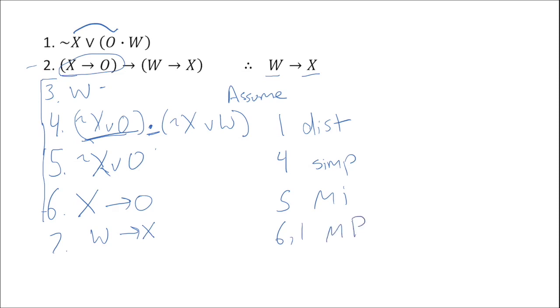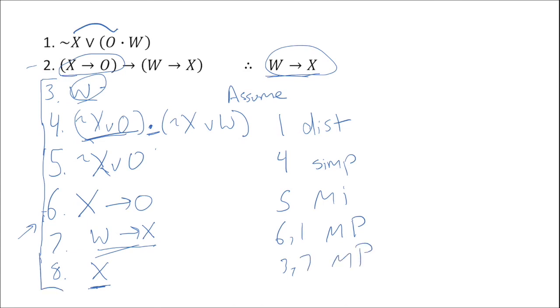Now, you might think you're done because we've arrived, as you see, at the conclusion, but we're not done yet because we haven't stopped assuming the truth of W. We're still inside this assumption, so our proof can't be done. We have a couple more lines to go. If W arrow X is correct and we have W here, that was our initial assumption, we may validly infer X. This is what we're after to close out our assumption. And so we can say from 3, 7 modus ponens, we get X, and then line 9 is W arrow X, and that is 3 through 8